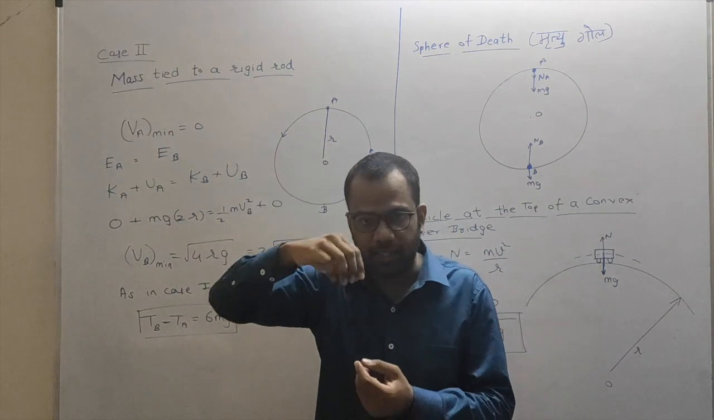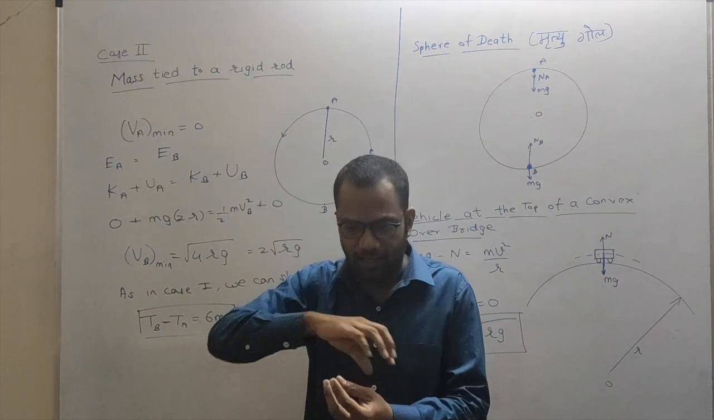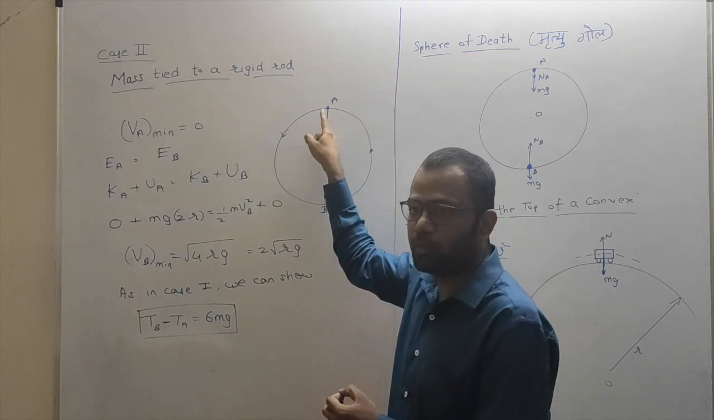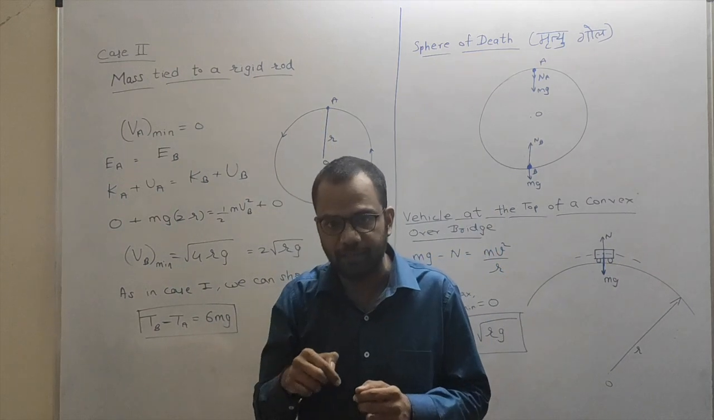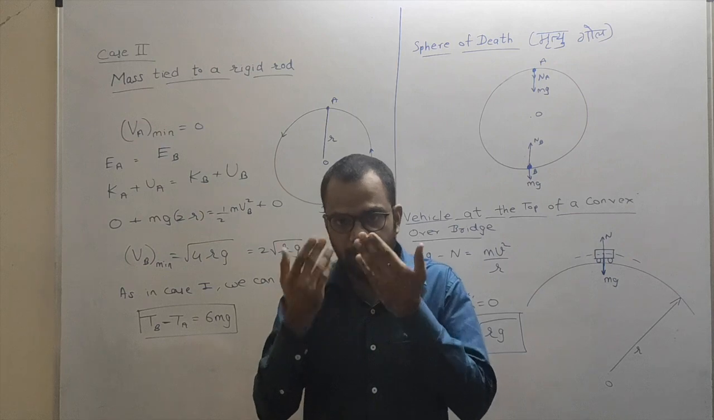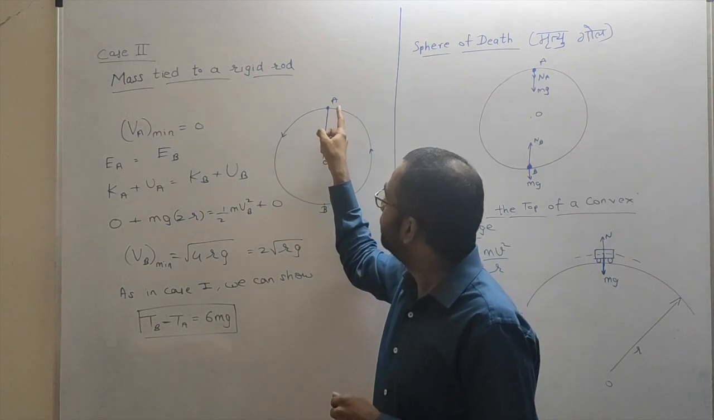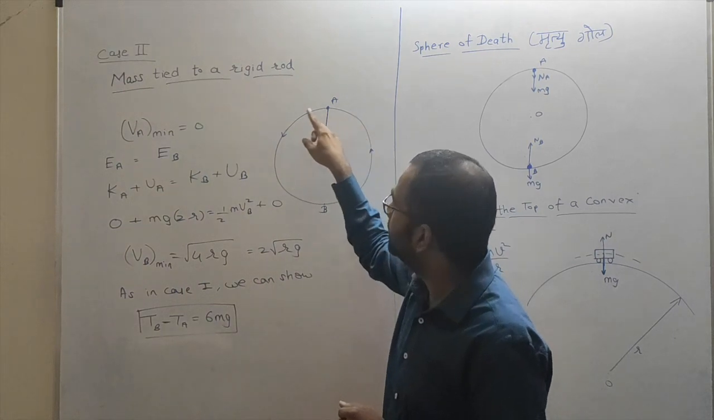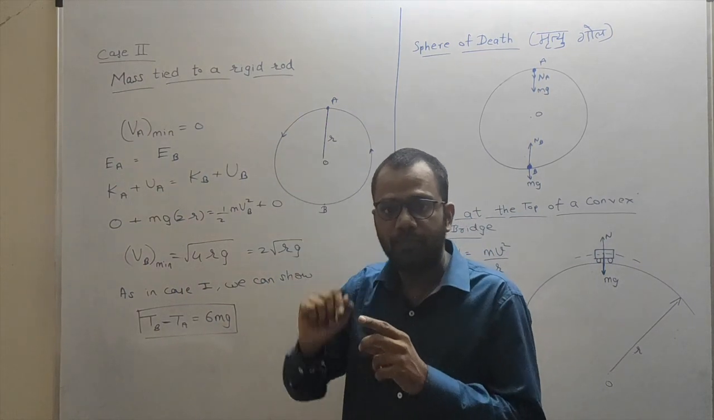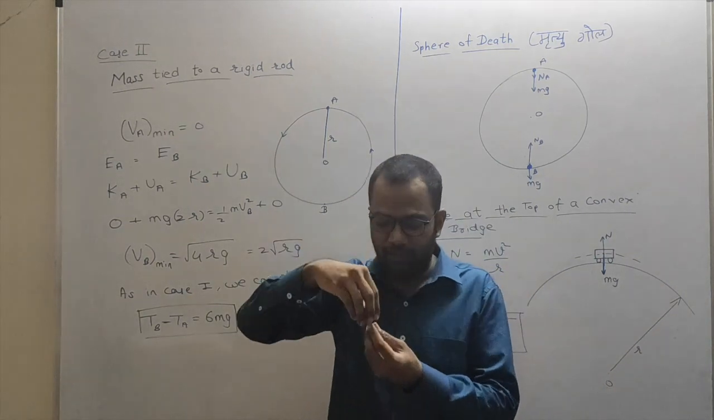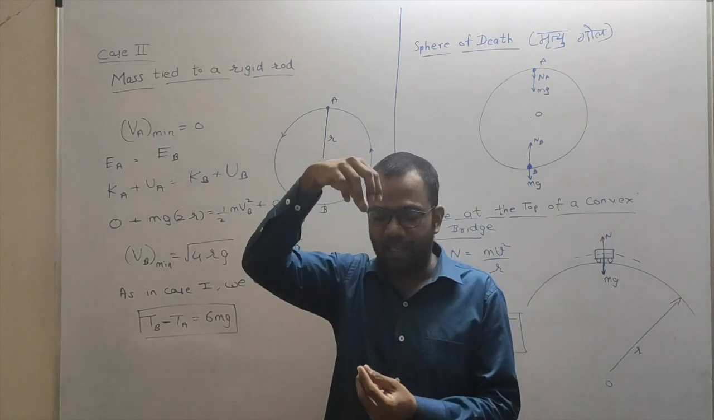It was attached to a string. Now this string is flexible, right? We have also seen that the minimum velocity required at the topmost position should be square root of rg. There should be some minimum velocity at the top to continue its motion in the vertical circular path, right? Now, obviously, can the velocity in the case of a string at the topmost point be